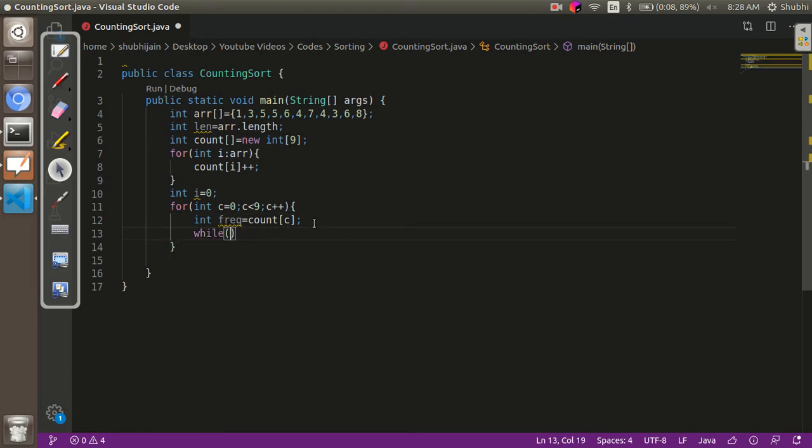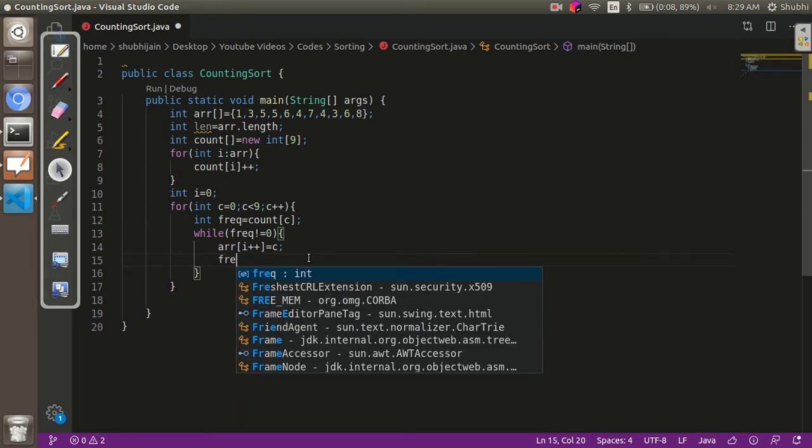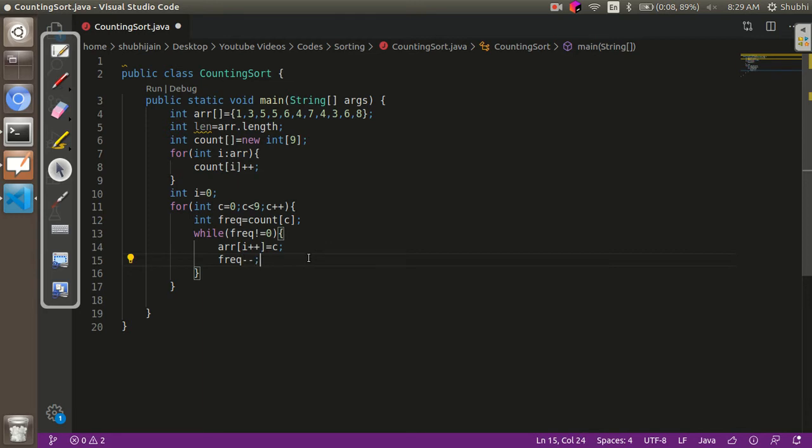Now while my frequency is not equal to 0, we are just going to add the element to the array. So over here we'll do array[i++] = C. So I have stored this particular element in my main array, and we'll decrement the frequency.